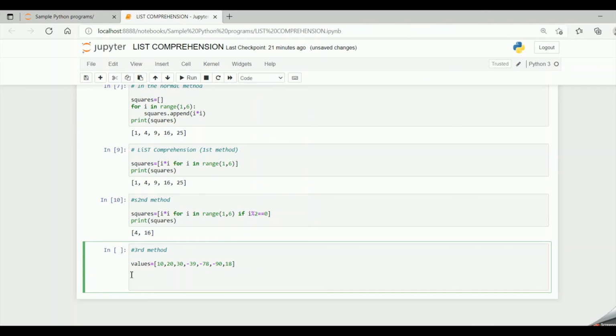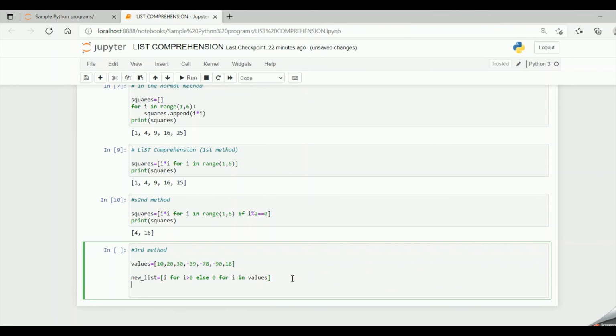And now my new list equal to i if i is greater than 0, else 0 for i in value. For each and every value in the values list, i will be i if it is greater than 0, and it will be 0 if it is less than 0.